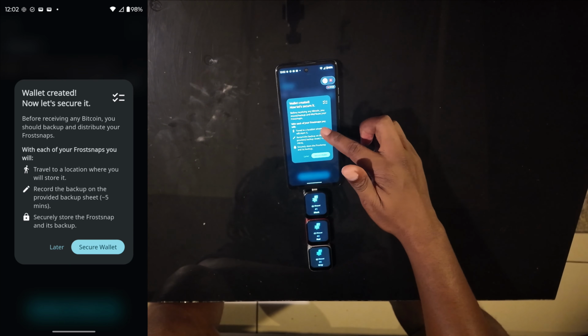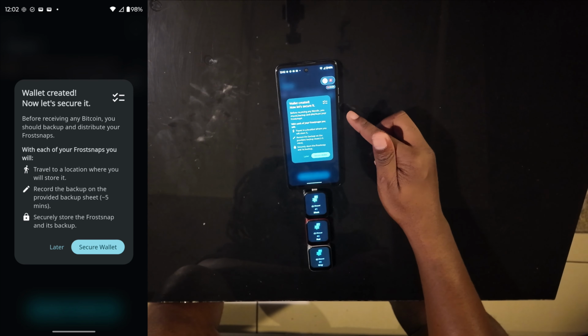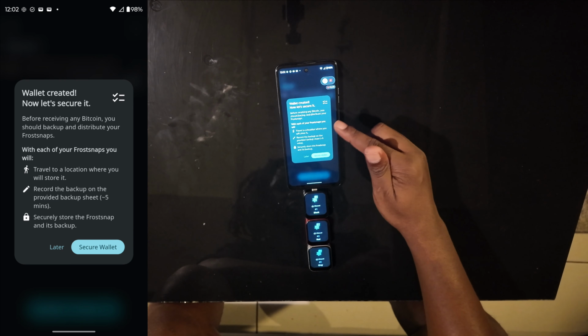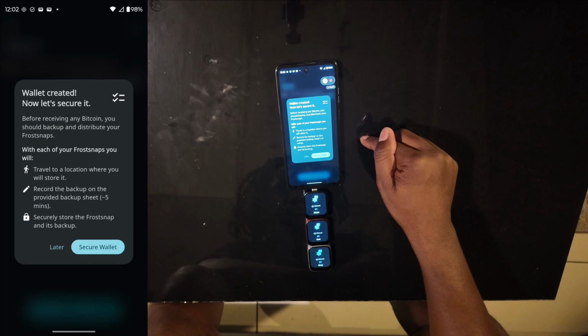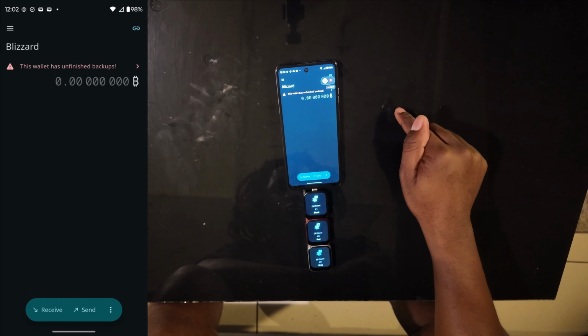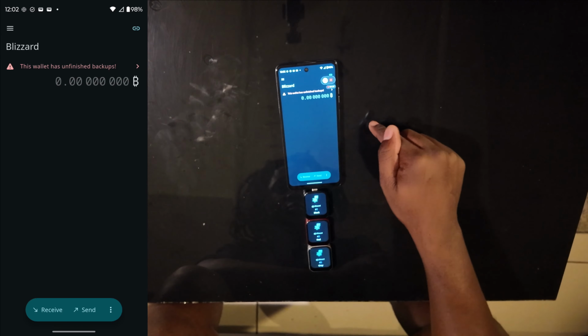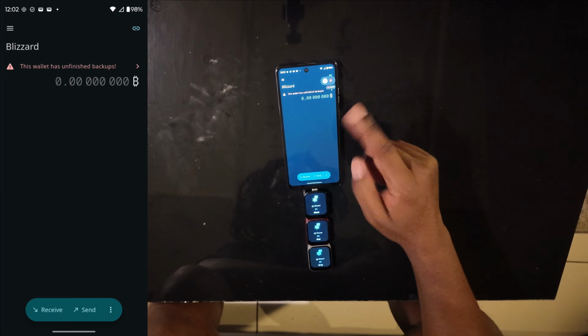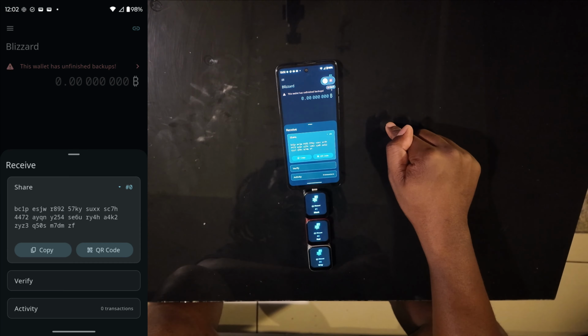They did a celebration animation, where the message for backing up overrides that. So yeah, this is the message. I'm not gonna do a backup because why you need a backup anyway, you only live once. So yeah, this is what the wallet looks like. Zero balance. Now I'm just gonna send some funds